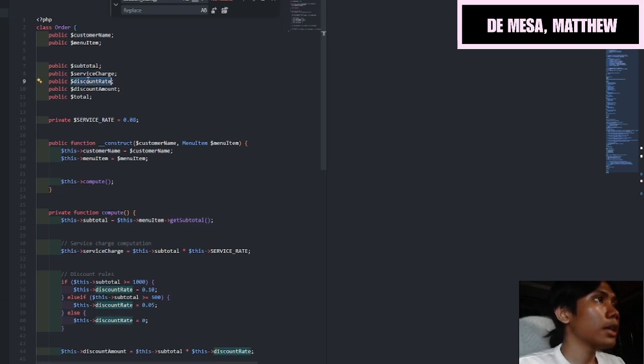The discount rate is where we store the percentage of the discount, like 3%, 10%, or 15%. The next is the discount amount, where we store how much money is removed because of the discount. And the next is the public total, where we put the final amount the customer needs to pay.